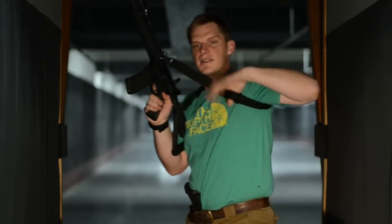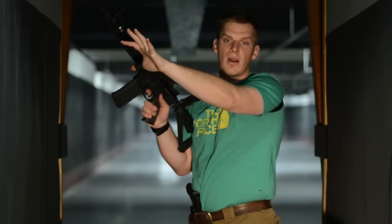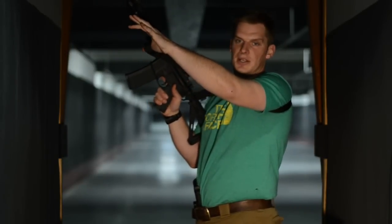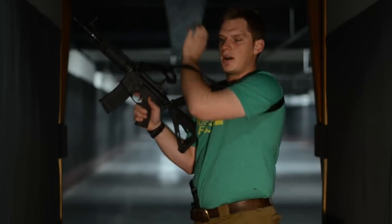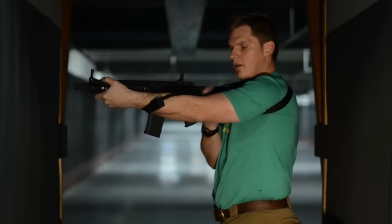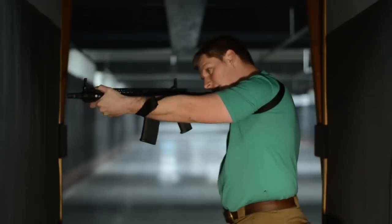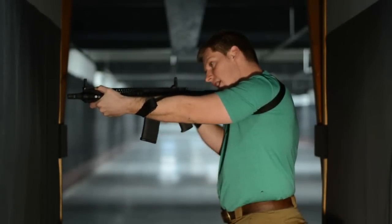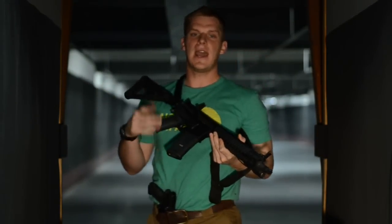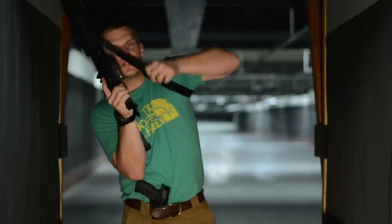So what I can do is simply take this pull lanyard and extend the sling all the way out, or where with training I determine is the best place to do what's called a hasty position. I'm going to take my arm and wrap it under the sling, and now it's going to go to the forearm. So now I have tension on the sling, the gun's against my body, it's nice and tight, and I can essentially stand in this position and pull the trigger if I want to, and the gun's not going to go anywhere. This is what's called a hasty sling position, and it's going to increase the ability for me to make accurate